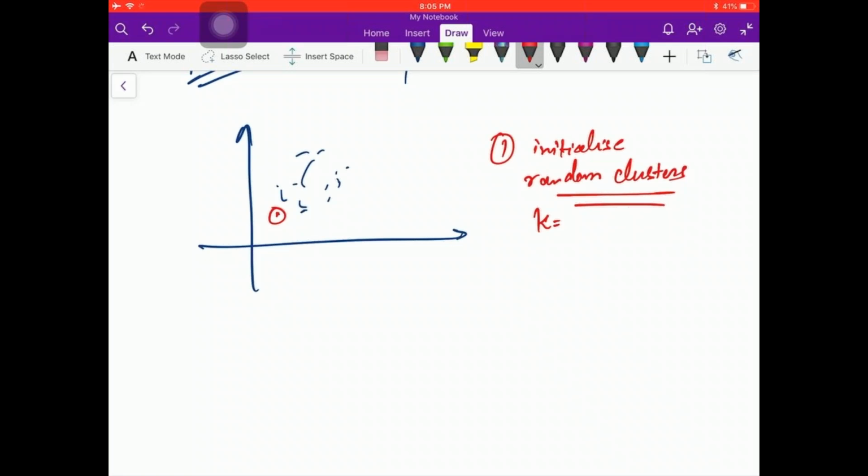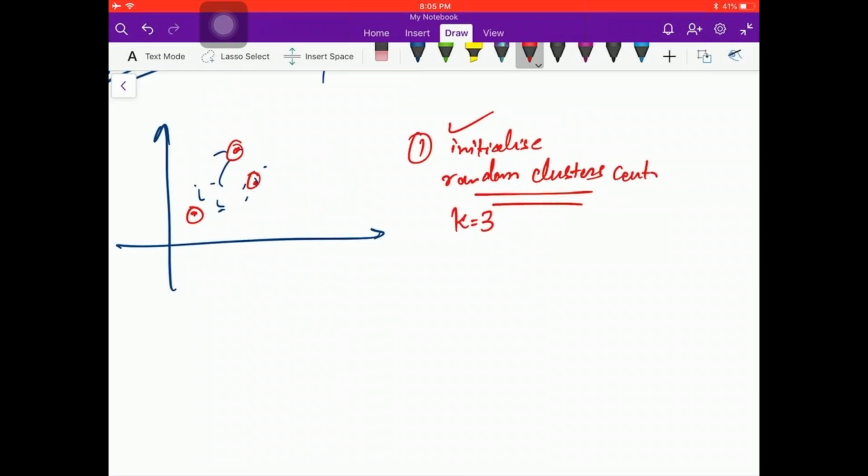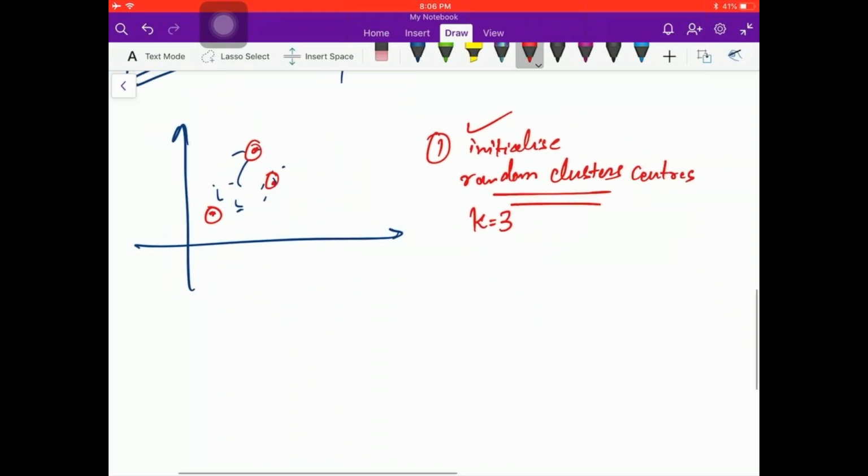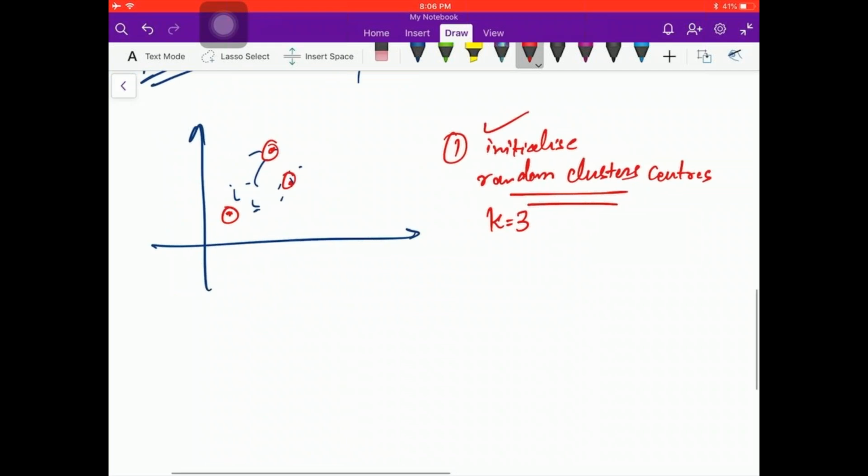Oh, I am telling you everything. I want k equal to 3, k being how many clusters I need. I'm telling that too, so what are you going to do? But bear with me. Let's understand this algorithm and then we'll see how it helps. Initially you have to tell the number of clusters. So you say 3, and the algorithm is going to randomly assign cluster centers, not clusters, cluster centers.